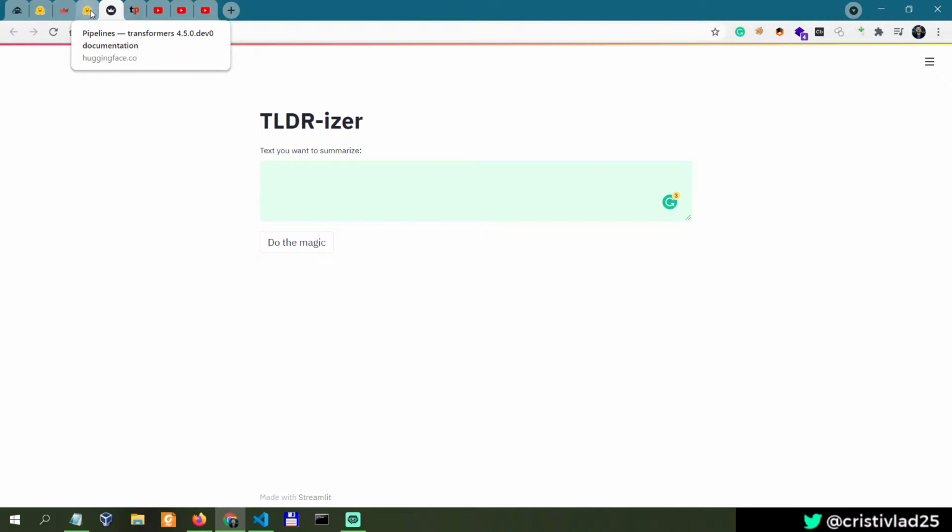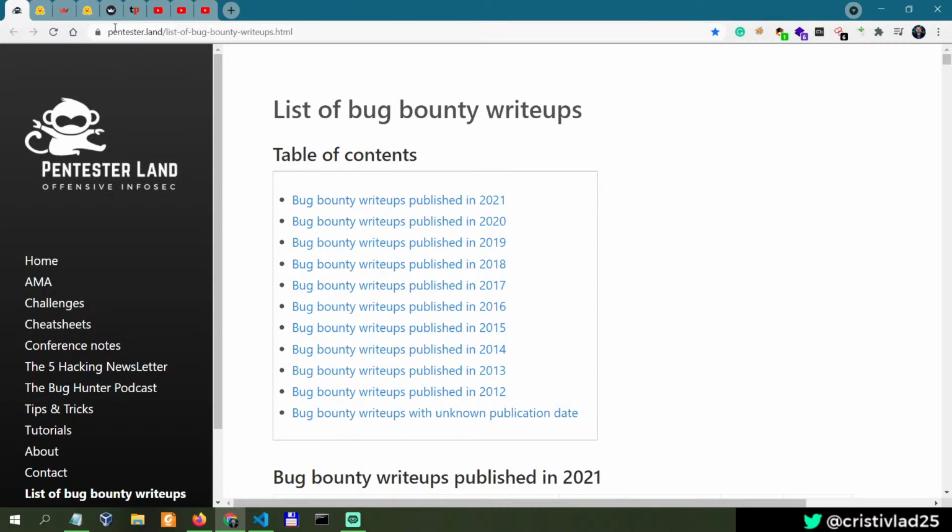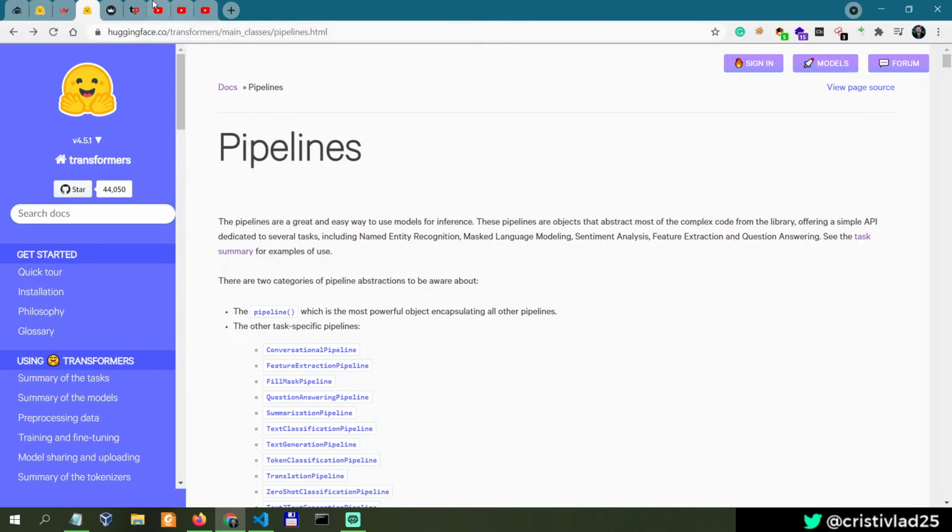So I personally am extremely excited about Streamlit, and I'm glad that every time I get bored of doing cybersecurity stuff, like working on projects, penetration tests, and bug bounty stuff, I can devote a lot of my time to this machine learning, which is something that I started like 6 years ago, in 2015 or so. And I've done hundreds of videos on my YouTube channel and also courses on Udemy about machine learning stuff, but I left it aside for a while because I was very focused on cybersecurity, and I'm really glad that I got back into it, because there is a lot of fascinating stuff in this field. So without further ado,